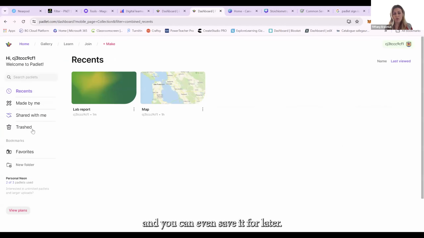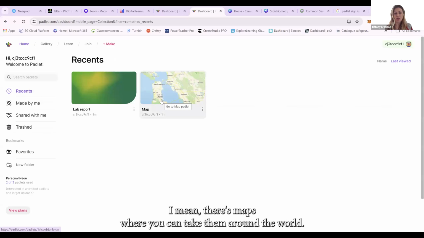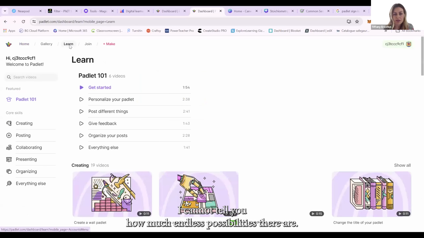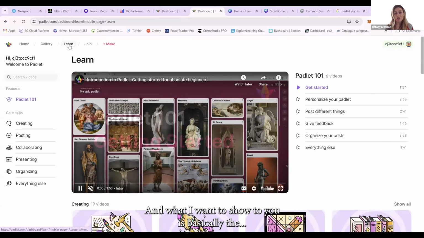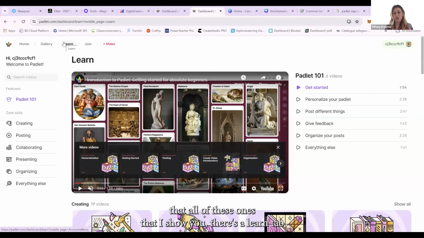And you can even save it for later. I mean, there's maps where you can take them around the world. I cannot tell you how much endless possibilities there are. And what I want to show to you is basically that all of these ones that I show you, there's